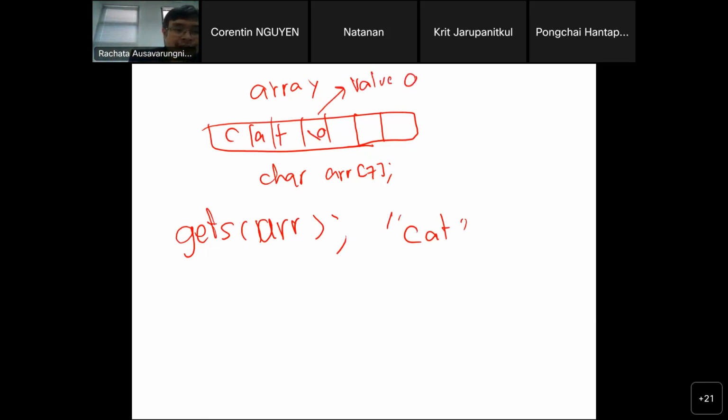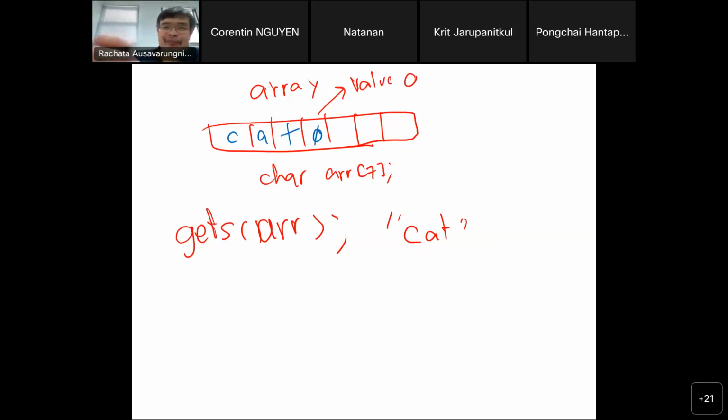This is fine. Let me use a different color to make it clear: CAT, and then the number 0 is put in here for my string cat.